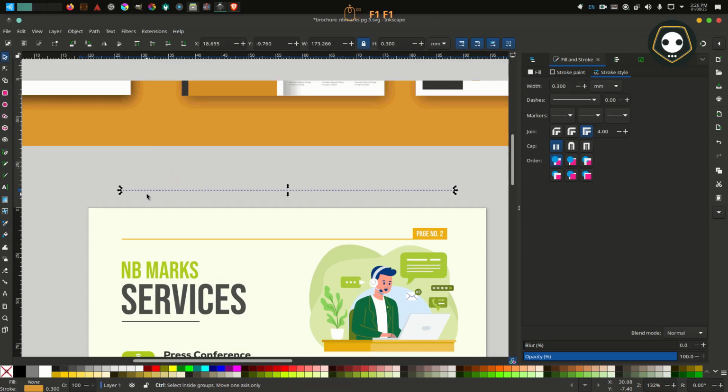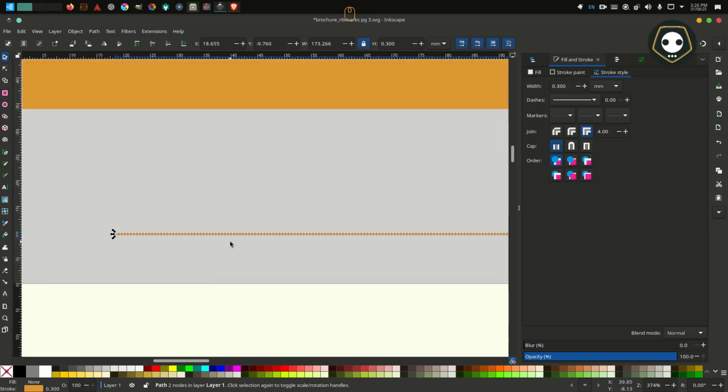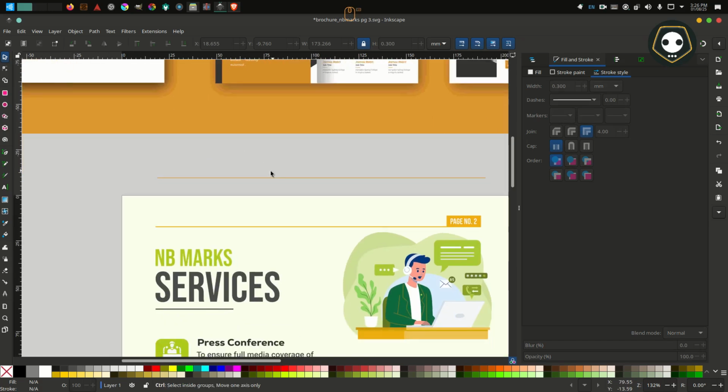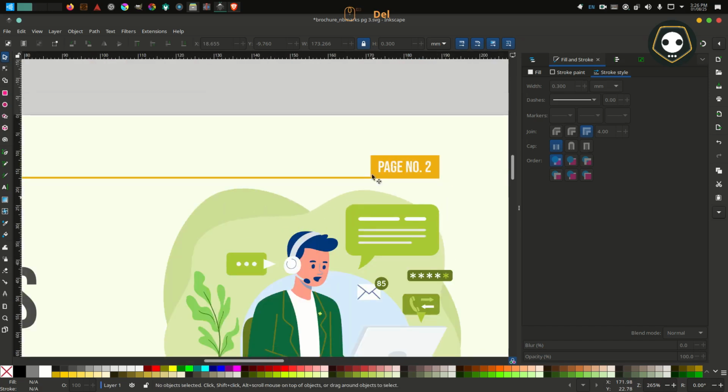For the border fill, press Shift. Okay, so this is the technique to create this, and page number 1.